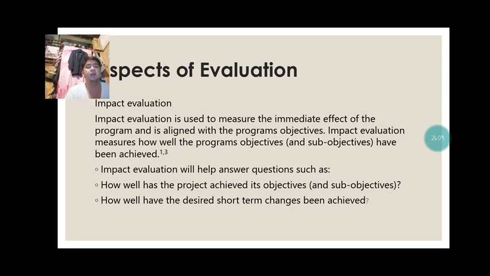Impact evaluation will help answer questions such as, how well has the project achieved its objectives and sub-objectives? How well have the desired short-term changes been achieved? Next is,